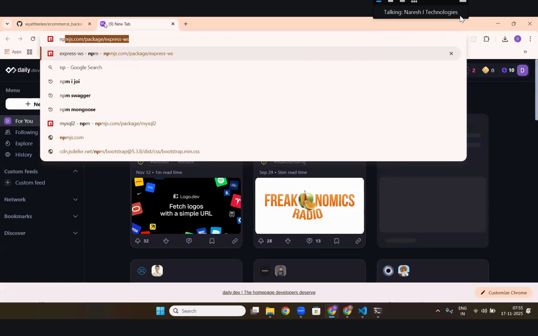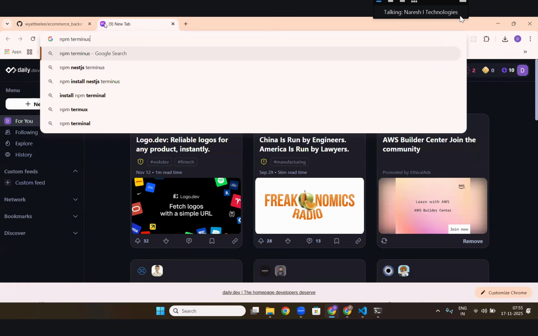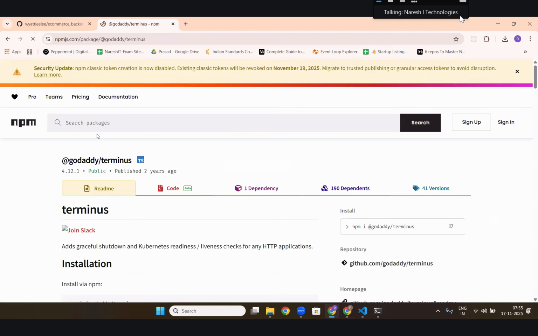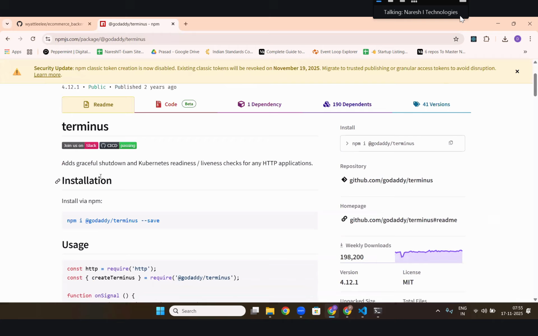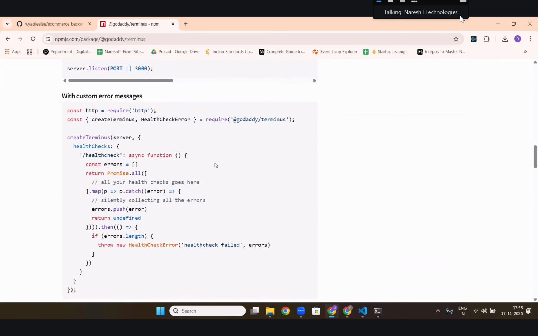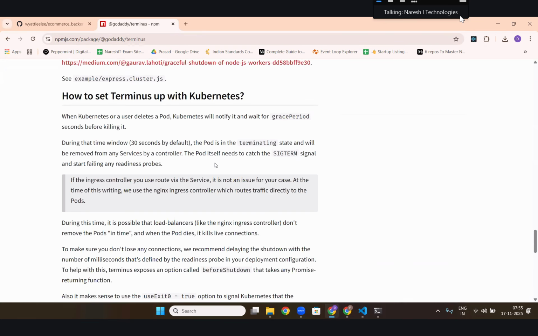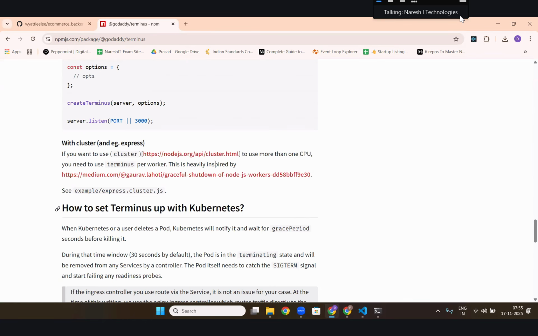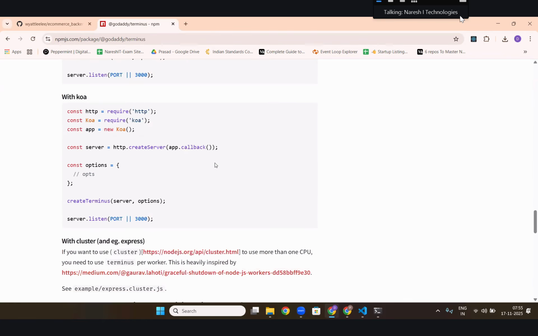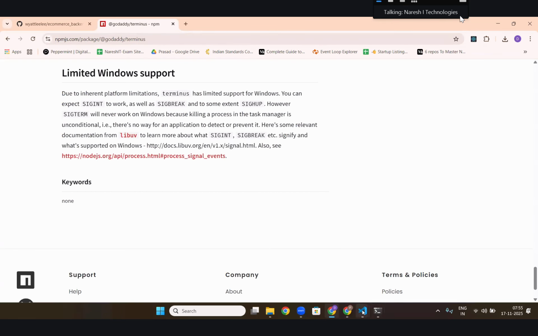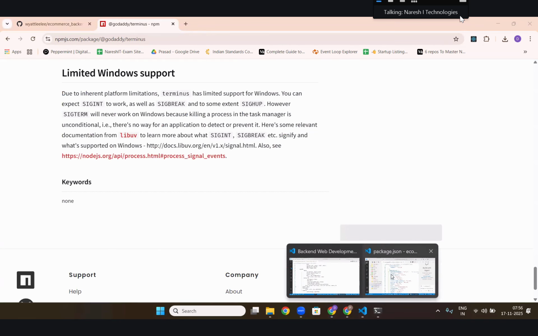NPM terminus, from GoDaddy. What does it do, sir? It adds graceful shutdown and Kubernetes liveness. That means automatically, when there is server load, it will add the Kubernetes logic. So it will automatically add the Kubernetes pods. You can give how many nodes you want, and it will add those nodes. Okay. Next,